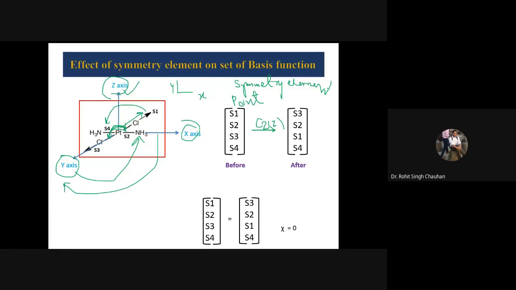Now, S1 is going to be changed to S3. S2 is going to be changed? No, because we are rotating along Z, so with C2 and that too C2Z, and Z is in this same direction, so that is not going to change. Okay. Now see that S3 will change. Of course, if S2 is changing then S3 will also change. So S3 will become S1. Okay. Now S4 is going to be changed? No. So I have written it as S4.